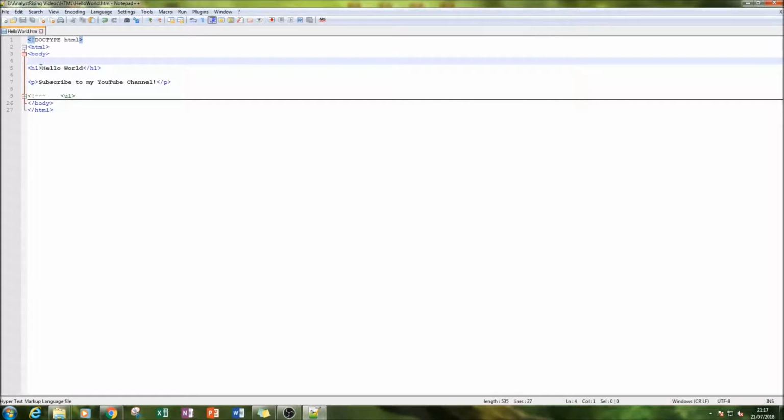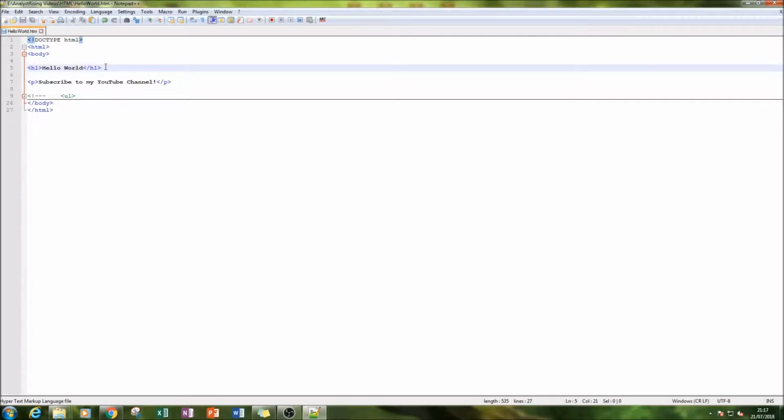And for our title, we're going to have H1. H1 simply means header 1. There are many different types of headers. You can go down to 6 and more, and what they do is they go to smaller and smaller text every time. I will show you different types of headers later on. But for now, let's just start with one header. And what you do is we have a set of H1, header 1,